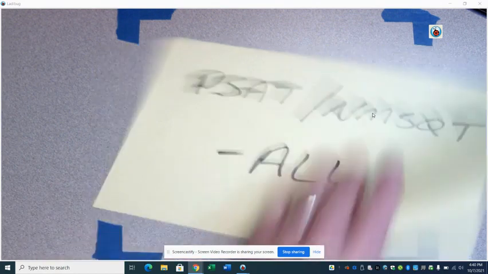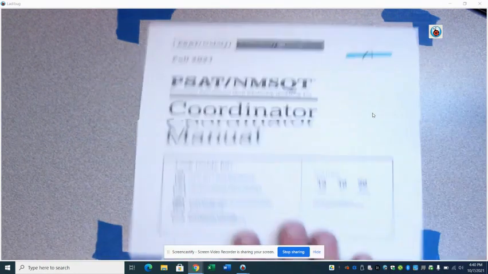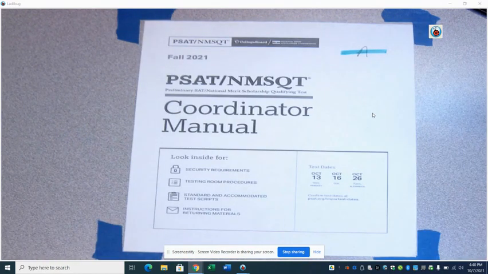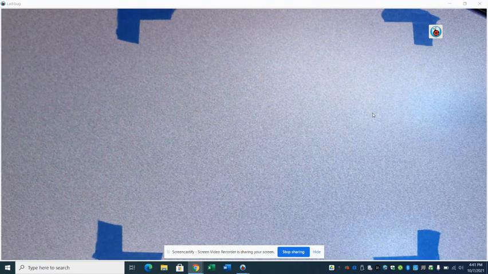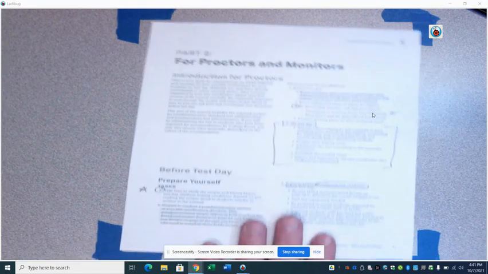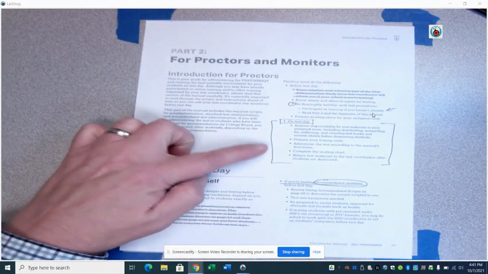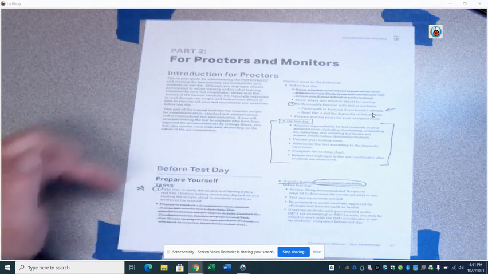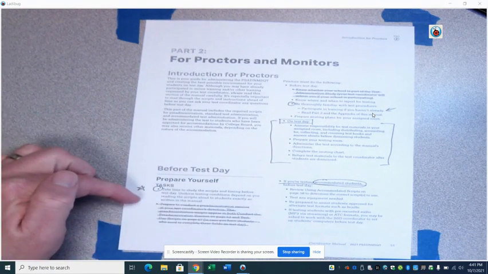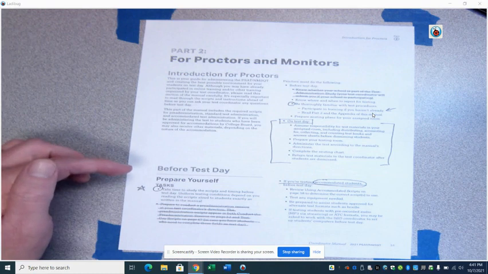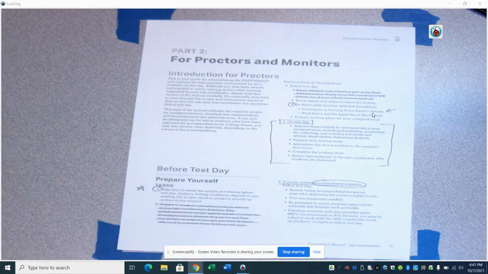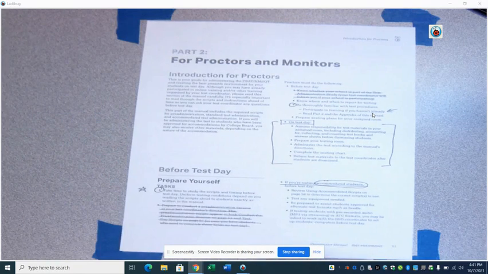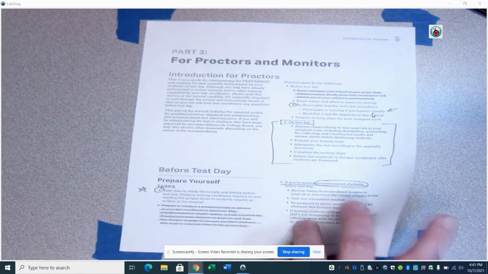You should all have a coordinator manual that looks like this. It might be a little bit different on the front in terms of the handwritten piece, but that's it. So everyone is going to be responsible for the information here on test date. What you're going to do tasks, make sure you study the script and you're familiar with it and that you're able to do these things on test date. If you have accommodated students, we're going to take a look at that and go through a little bit of that as well.